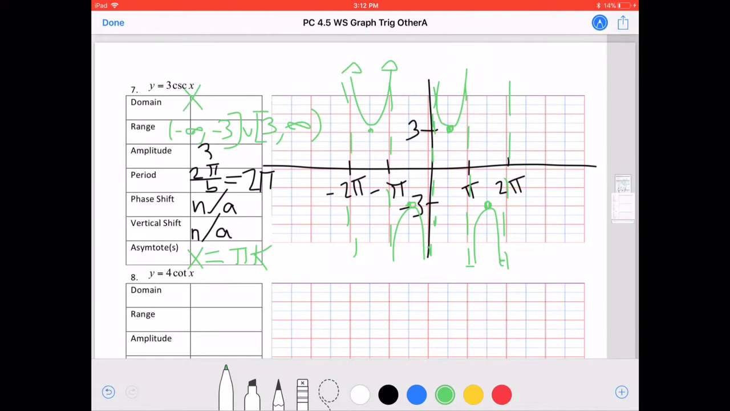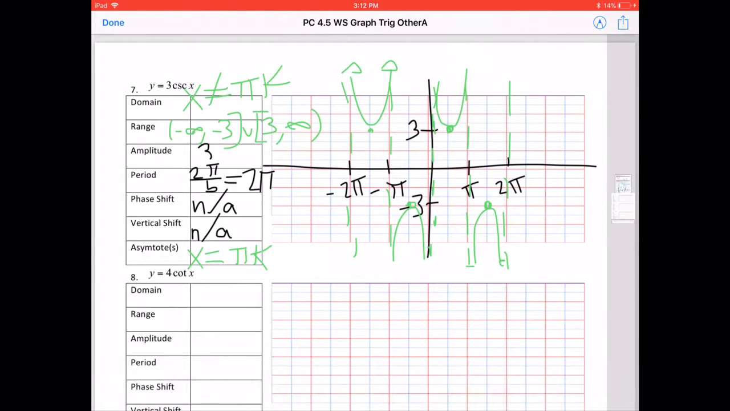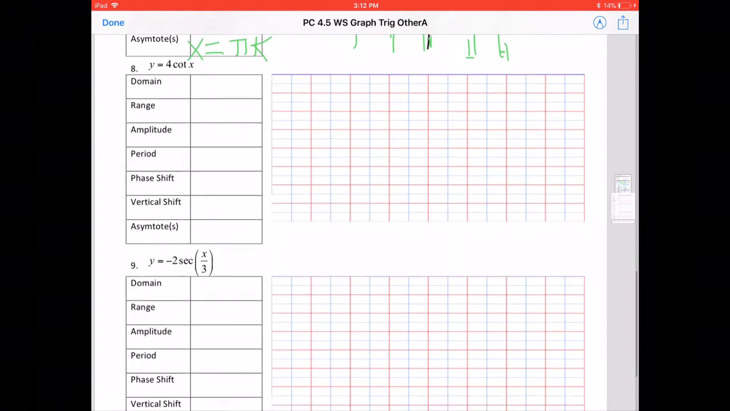So domain is the same thing as asymptote, just with a not equal sign. So we have x cannot be pi times any whole number, positive or negative. And that would be how we finish our graph. So if we move on to number 8,